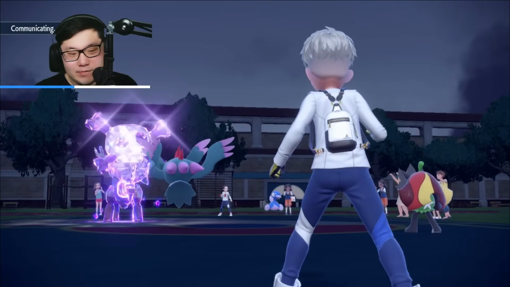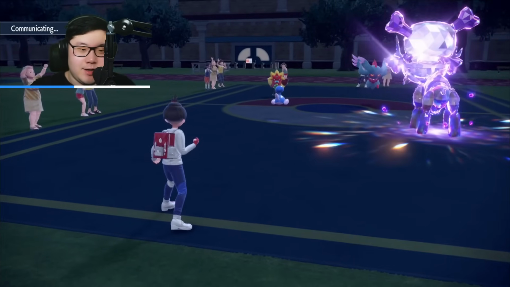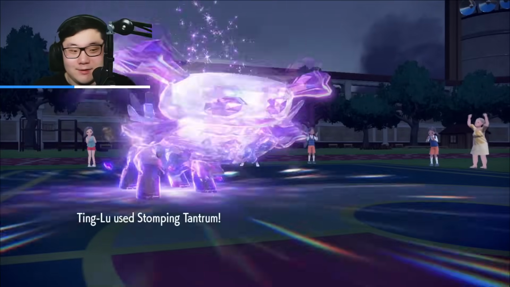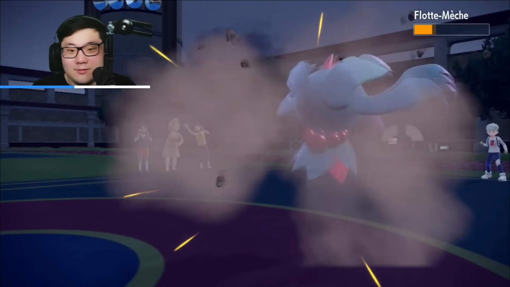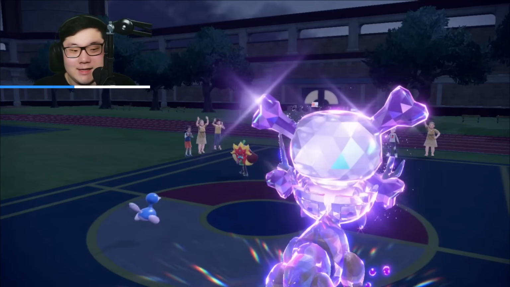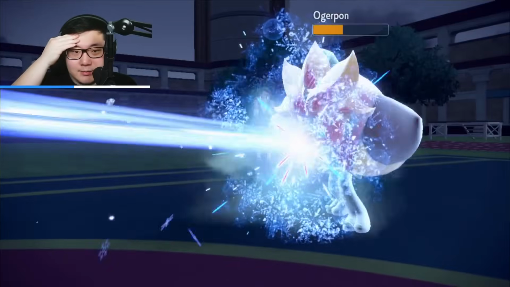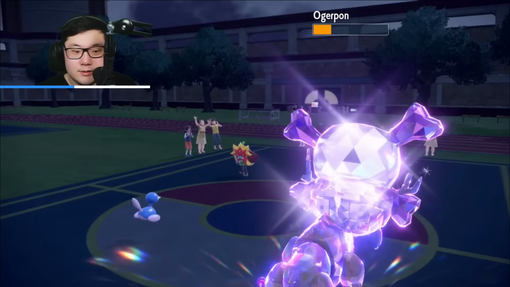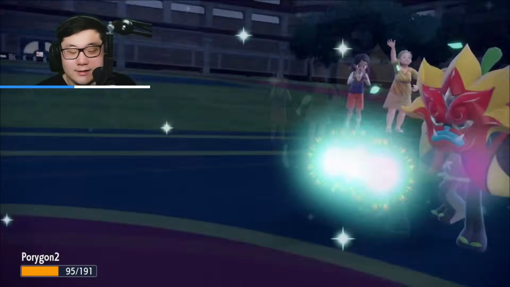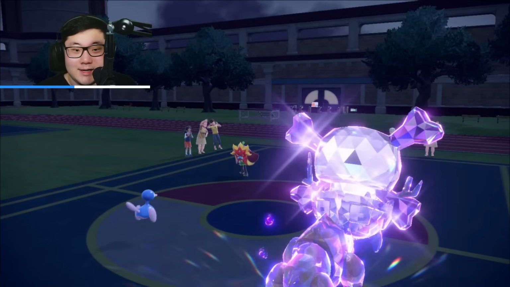Now, trying to figure out what they could really do. I mean, I think they have to get the play right at least with the Ogerpon, but I still think we're in a pretty good position. Stomping Tantrum is going to be fired off. Just knocks out the Flutter Mane, so Ice Beam going to get redirected into the Ogerpon, so this is perfect. Just get a little bit more damage. Nice. And Horn Leech. Okay, so they didn't even target down to Tinglu, so this is going to be game over for them, it looks like, because...